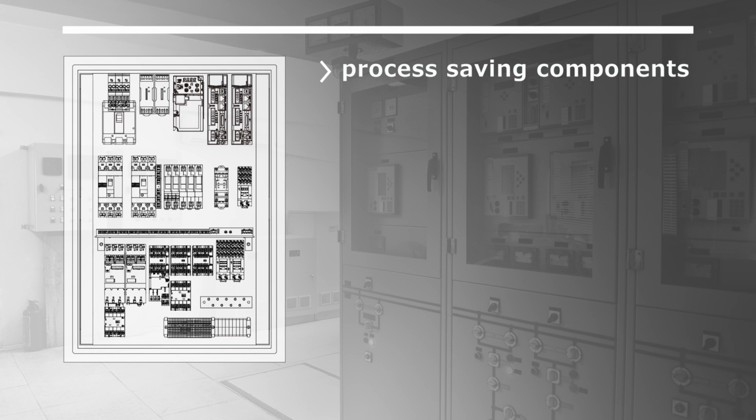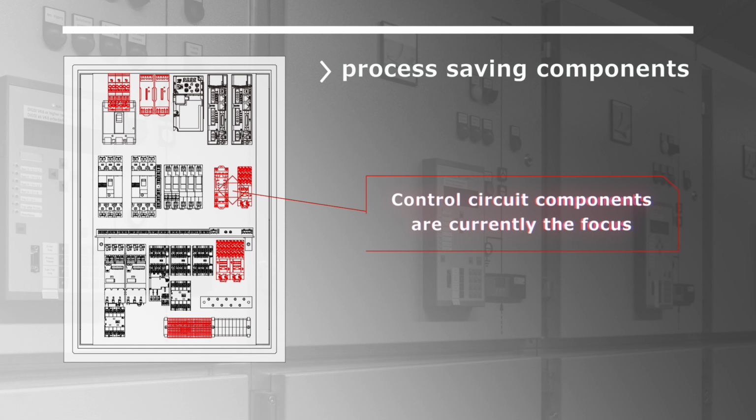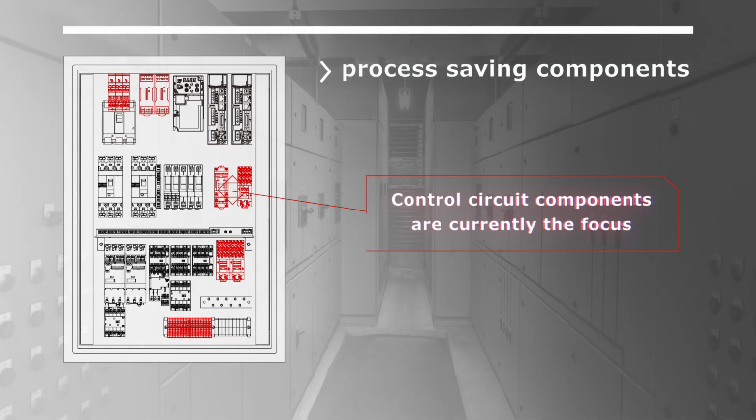Some manufacturers had the same idea, and so labor-saving equipment using spring terminals has begun to appear on the market, but most of this equipment uses control circuit components for a comparatively low electric current. It is difficult to develop components for the main circuit with a high electric current, and total labor savings have